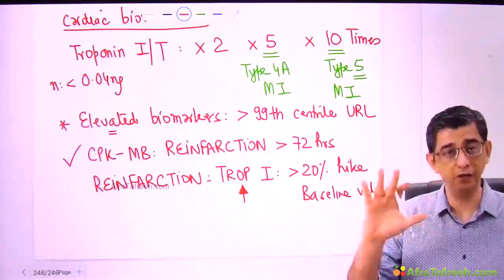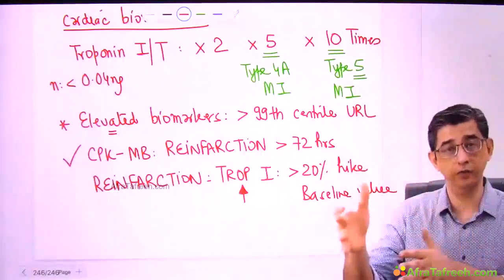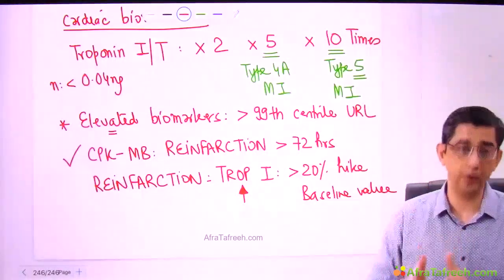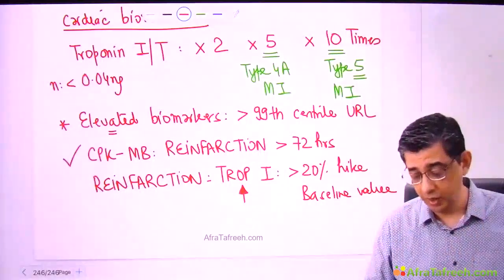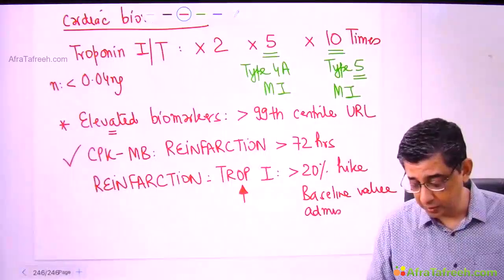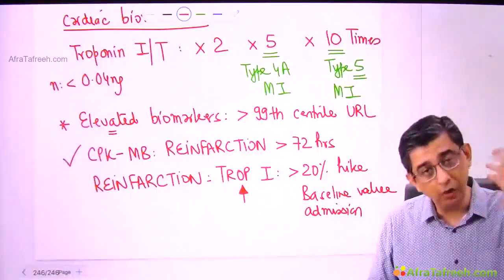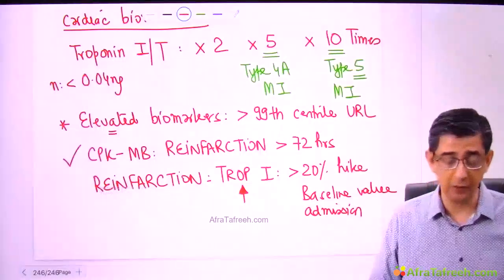Baseline is already elevated because he had a blockage of the left anterior descending artery. Over and above this, let me say the value at admission was 0.08. Now it has jumped to 0.1. That's definitely a 20% hike over the baseline admission value. I want to highlight that when I say the words baseline admission value, it does not mean that it is normal. It was already elevated. Now the second episode has pushed up the values even more dramatically, much higher.